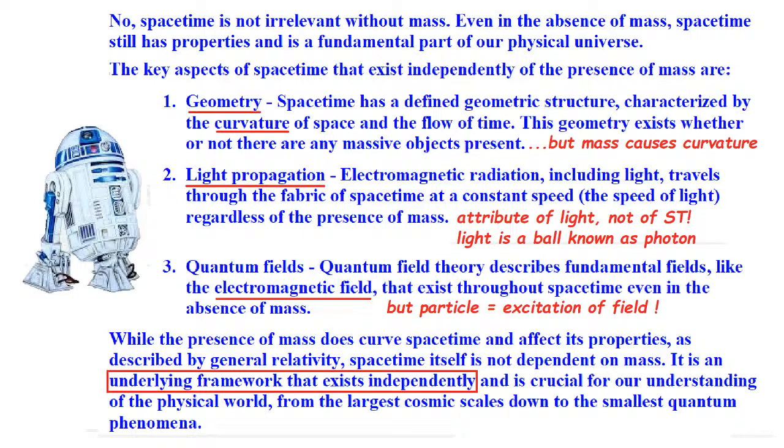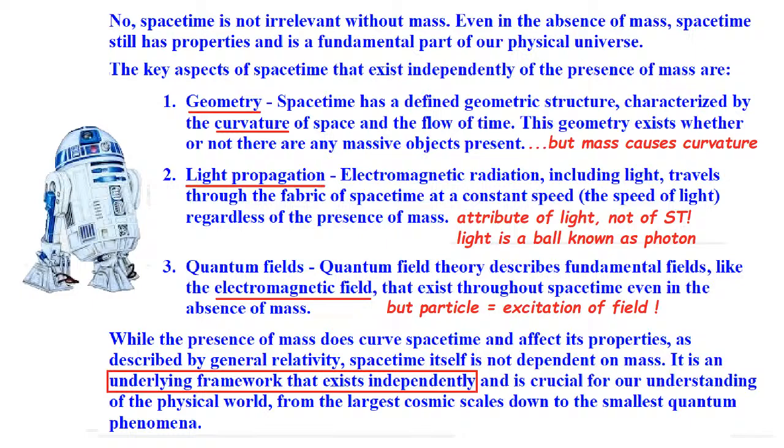These people say that you can do without mass because you have curvature. In other words, it has the property of curvature. And it doesn't have the property of curvature unless you put a mass in there. So space-time does not have an independent curvature of its own. Then light propagation says that light travels at the same speed through the vacuum,